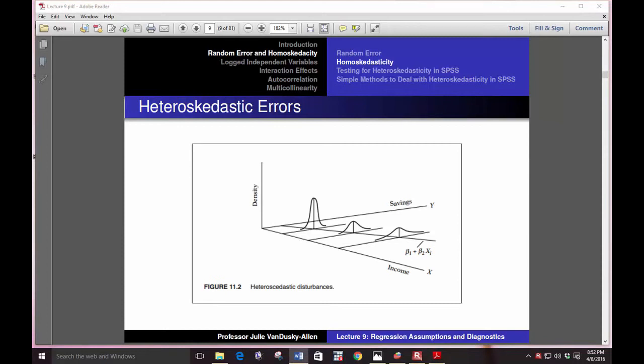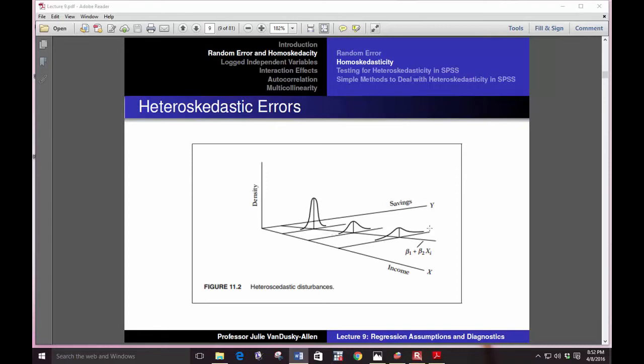This picture shows a model that is heteroscedastic. In this model, savings is the dependent variable and income is the independent variable. These lines here represent different values of income, and these curves here represent the distribution of the errors for observations at these different levels. So the regression model makes predictions for observations at these different levels of income, here, here, and here, and the errors are just the difference between the actual values of savings and the estimated savings from the model. Now the mean of all these errors should be 0, but the errors are distributed in a different pattern across